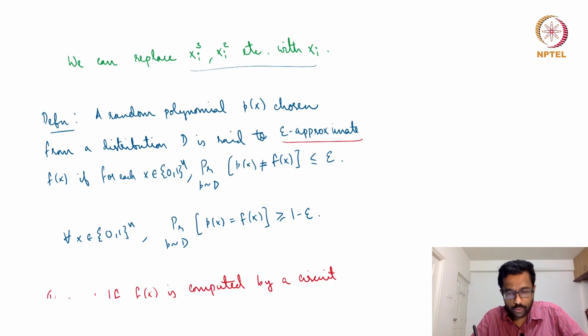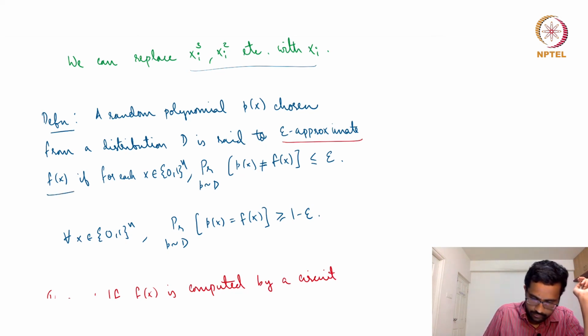Now we will go to the notion of approximating a Boolean function with a polynomial. When I say approximate, it's a random thing that we will be doing. Suppose there is a distribution of polynomials. So there are many polynomials and we are choosing from these polynomials using some distribution. This is considered to epsilon approximate a Boolean function f